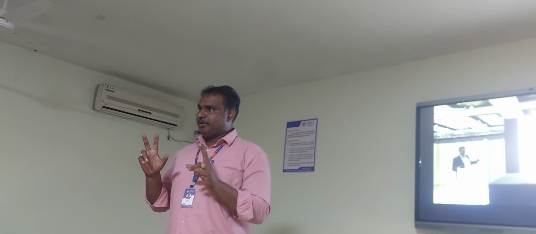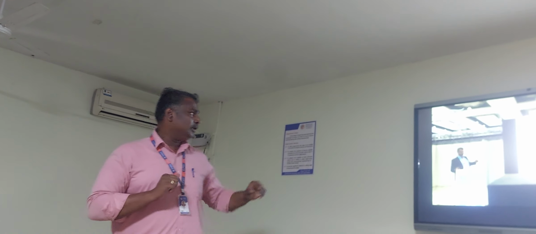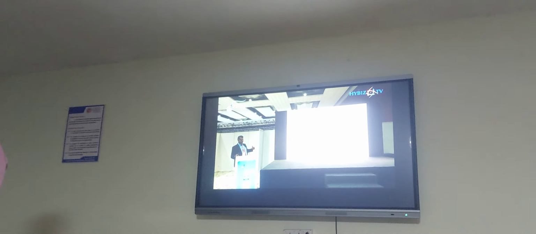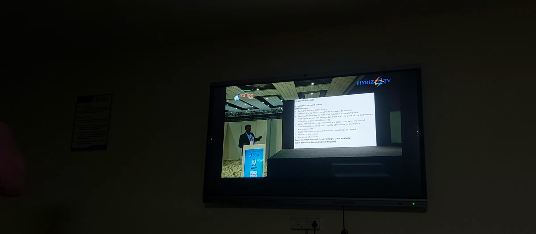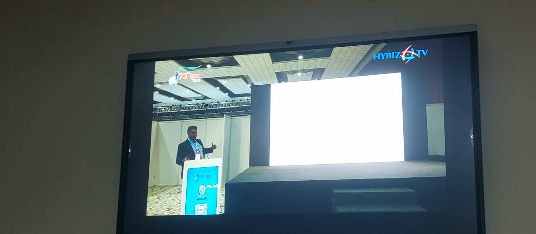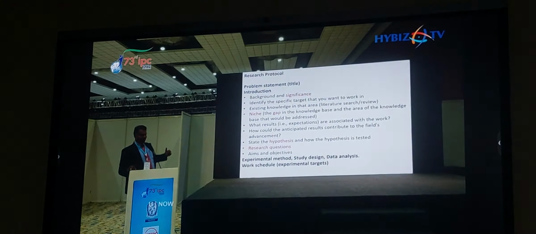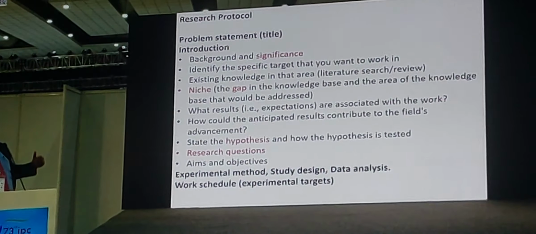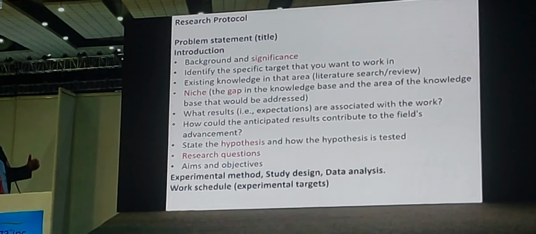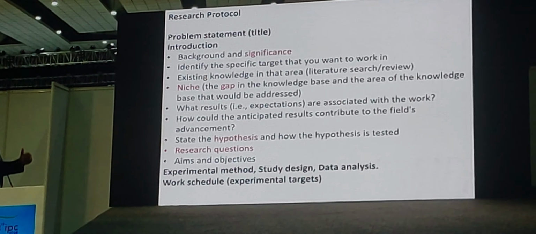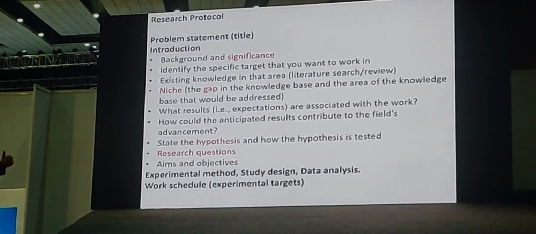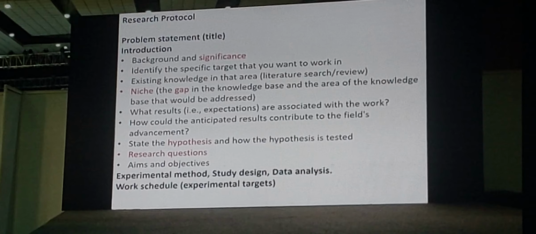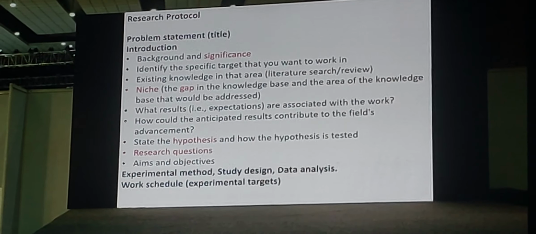The starting point of your introduction section is that you have to mention the background and significance, before or after the problem statement. For example, you are using some algorithm to identify type 2 diabetes mellitus, the disease. So before that, you tell the audience the prevalence of type 2 diabetes. It is a leading disorder. Many million people have been afflicted with this insidious, dangerous disorder. It is a silent killer.